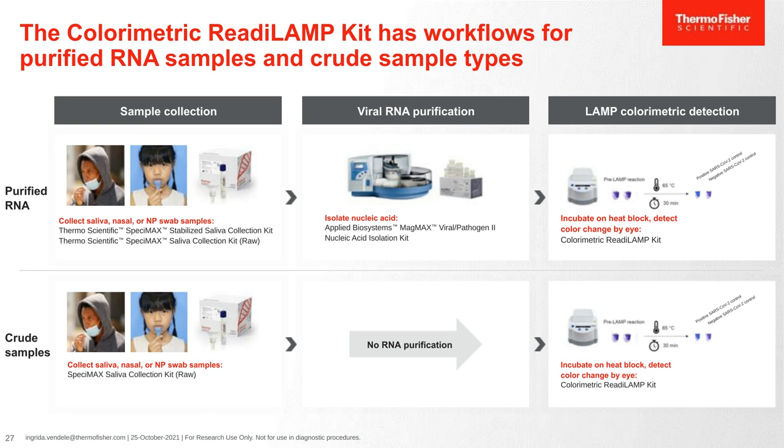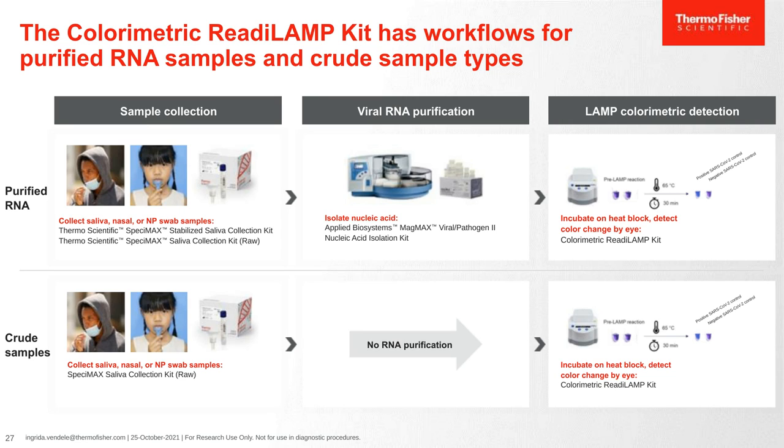Okay, now I'm going to focus on the SARS-CoV-2 research using just the complete kit. The Colorimetric ReadiLAMP Kit provides 2 workflows, one for RNA samples and one for crude samples. In the case of RNA sample type, the user collects saliva, nasal or nasopharyngeal swabs. SARS-CoV-2 RNA is isolated from these samples, and then finally, the isolated RNA is used in the Colorimetric ReadiLAMP Kit